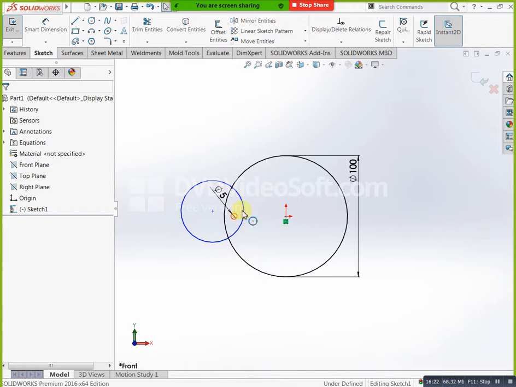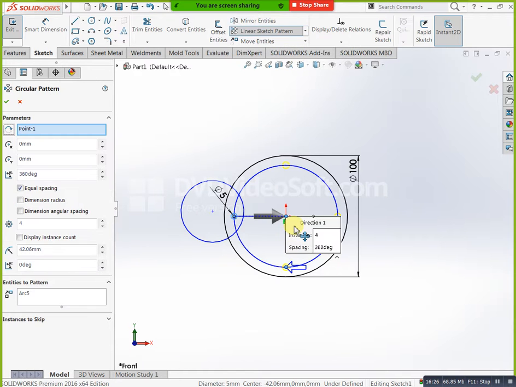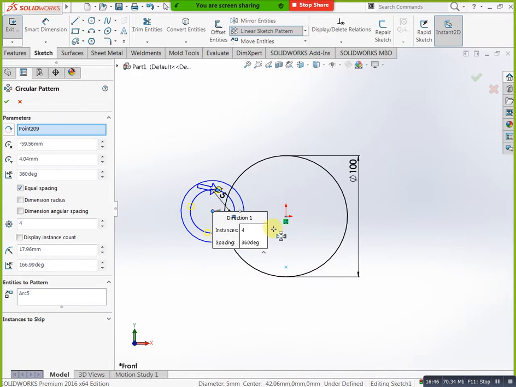Okay, now you can select which point you need as origin, which you need as reference. You can select that point. For example, I need this point as reference, I don't need this point. That's why you clear the selection, and after that you can select based on your requirement reference. Next, you can specify your number of items. Okay, then you can do okay. This is our process, this is our circular sketch pattern. Now we have completed up to here.